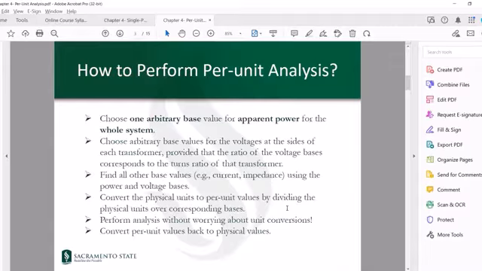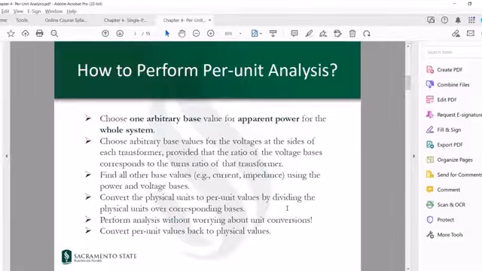So how to perform the per unit analysis in a systematic way? We choose one arbitrary base value for the apparent power for the whole system. So you have a system, however complicated and big it is. If it is like the system under the territory of California ISO, that big, you can take the whole base in terms of power to be, for example, 10 gigawatts or 10 gigavolt amps